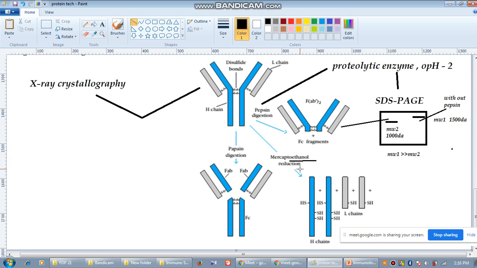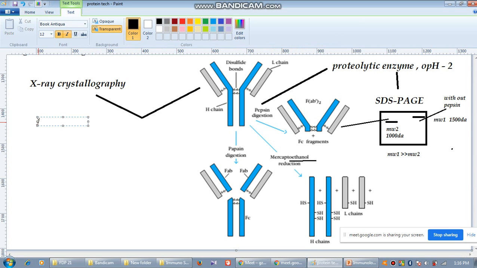In the second step, we added mercaptoethanol. Now it happened here, very very important, you should remember. Mercaptoethanol is a chemical which can destroy disulfide bonds. So here I'll write it down. Pepsin is a proteolytic enzyme with an optimum pH of 2. If pH is less, it can act very rapidly and it destroys a molecule so that only the Fab region is kept undisturbed and the rest of the thing is disturbed.